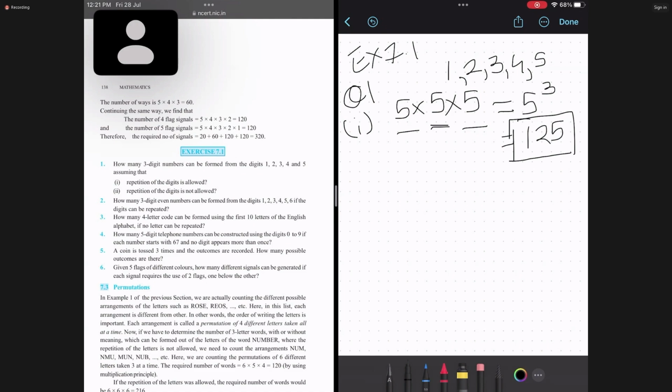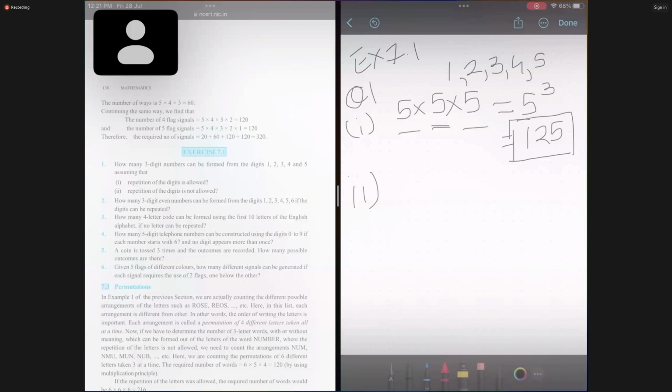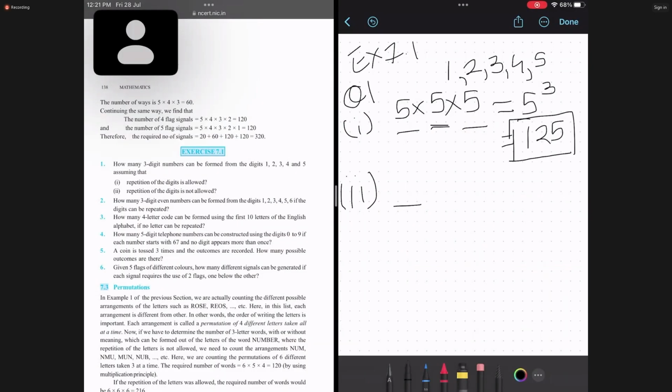Right. Second case, let us suppose that repetition is not allowed. Then our discussion becomes a little interesting, right? Because the first digit can obviously be filled in 5 ways. We can use any of 1, 2, 3, 4, or 5, right? Any of them can be used. But the second digit,